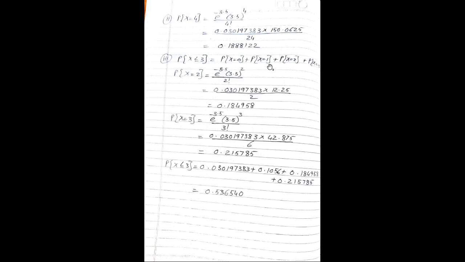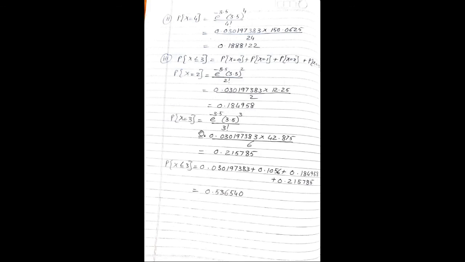Probability X is equal to 1, probability X is equal to 2, probability X is equal to 3. So the things which we don't have, that is nothing but probability X is equal to 2. We will calculate this as e raised to minus 3.5, 3.5 raised to 2 upon 2 factorial. So the answer can be written as 0.030197383 into 12.25 divided by 2. So the answer becomes